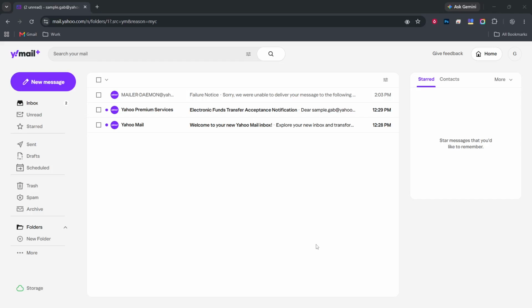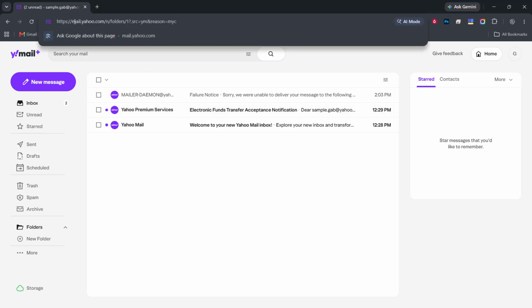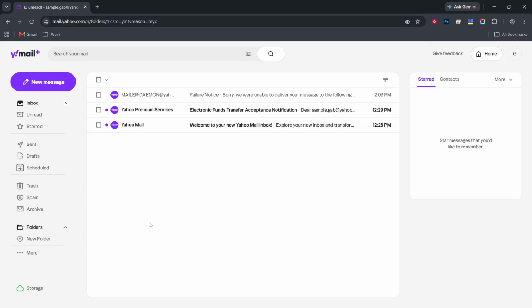First, open Yahoo Mail. You will see the familiar layout of your inbox with messages displayed prominently. This is your starting point for configuring your email settings. Opening Yahoo Mail is crucial because it gives you access to all your email functionalities. This ensures you can manage your emails effectively, including adding a personal touch with a signature.